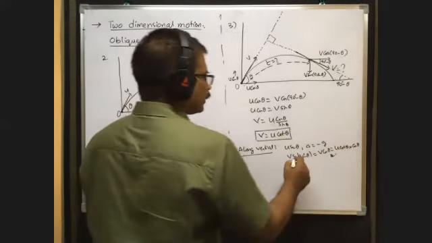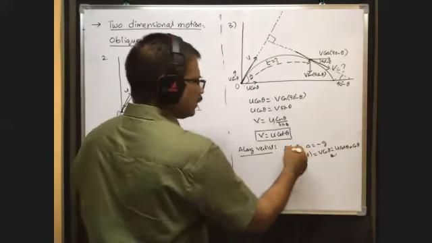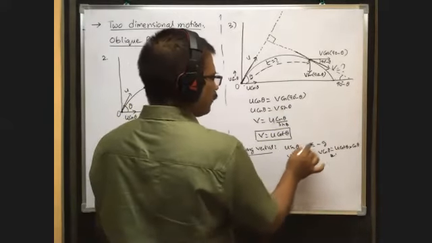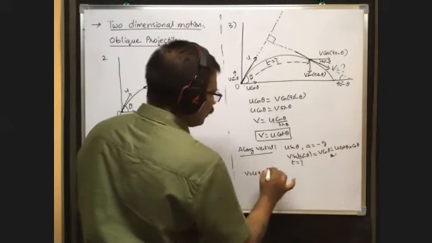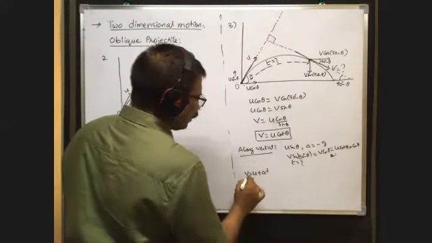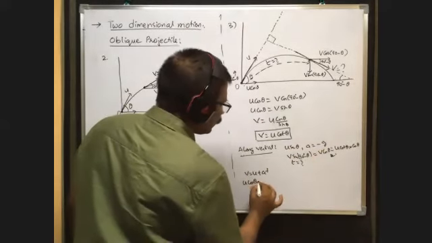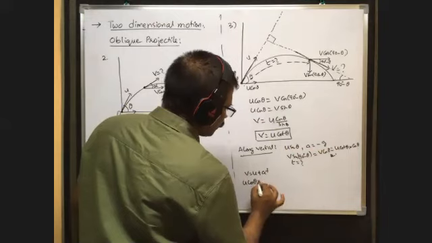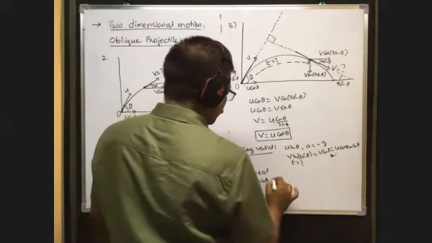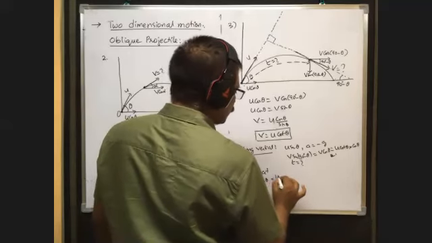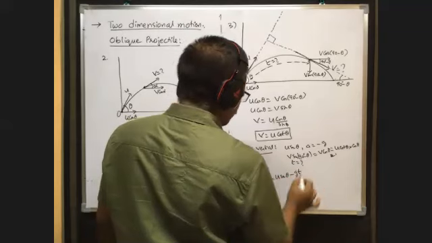Now, time taken is how much? So along vertical direction, what is the relation among initial velocity, final velocity, acceleration, time? From v is equal to u plus at. Here v means u cot theta into cos theta, is equal to u, which means u sin theta, plus a, which means minus g, into time t.